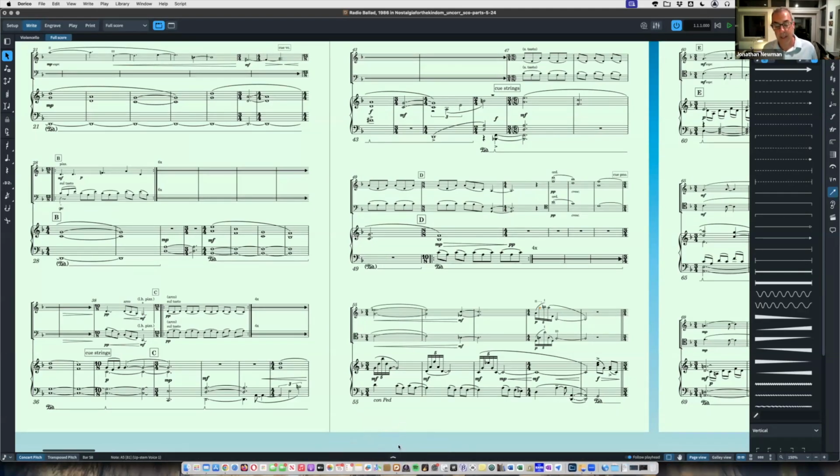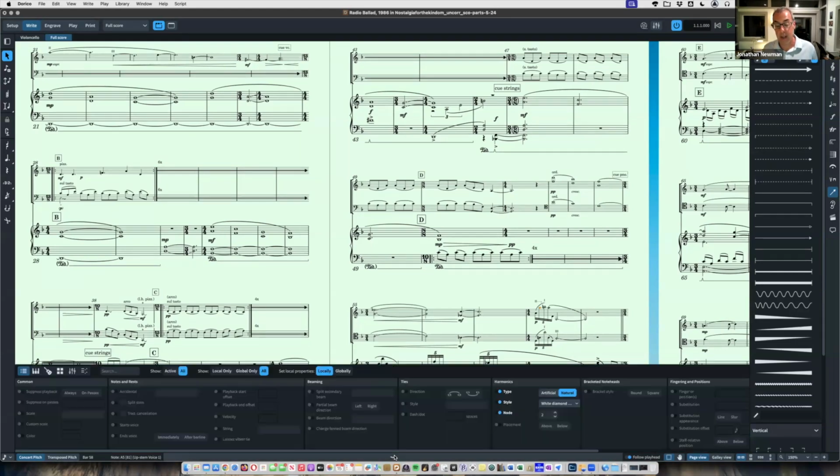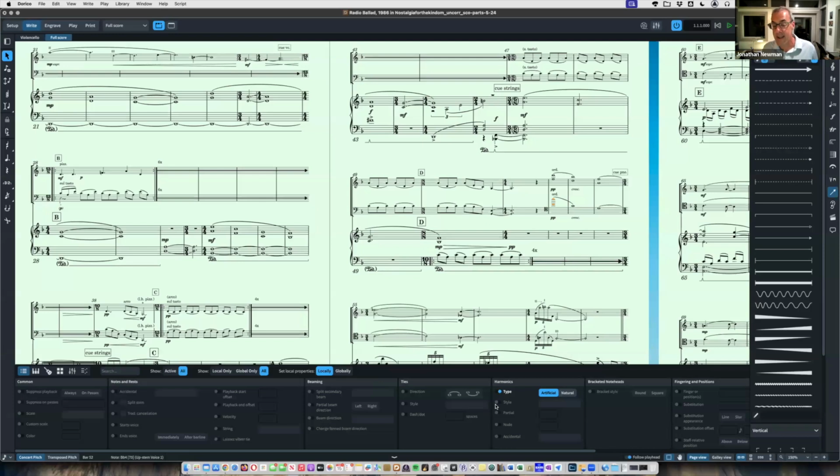Oh, so harmonics. They're not a note head change. They're actually, you put in the harmonic. You tell the note to be a harmonic and what note it is and what style you want. And it plays back. It's pretty nifty. Like, let's say I wanted to change this to be a harmonic. You just click it and tell it to,